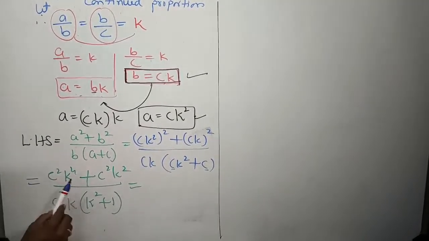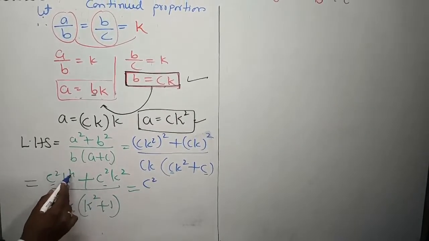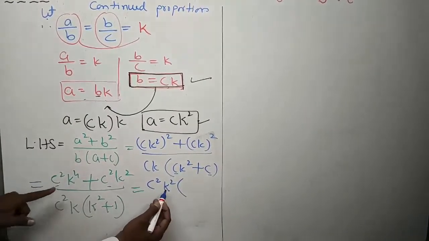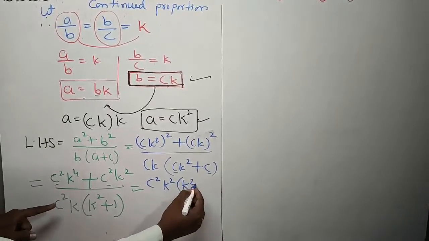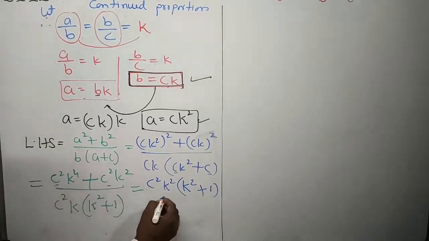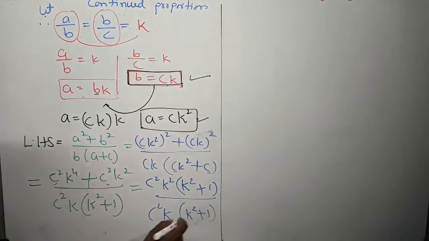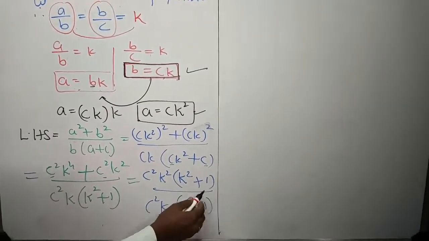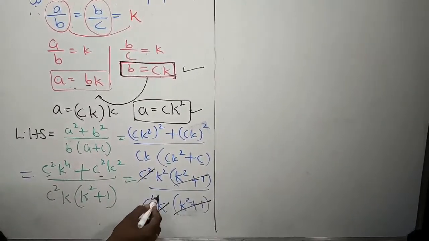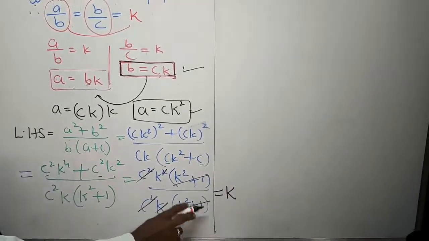What is the next step? Now, in the numerator, in these two, which is common? c² and c² are the common factor. k⁴ and k² are there. k² is the common factor. Remaining inside, c² came outside, k² came outside. Remaining k² inside, plus c² also came outside, k² also came outside, 1 only, children. Denominator: c²k into (k² + 1), children. Which cancel here? k² + 1, k² + 1, the binomial cancels. Next c² cancels, k cancels. We got k. The left hand side simplification, we got k only, children.